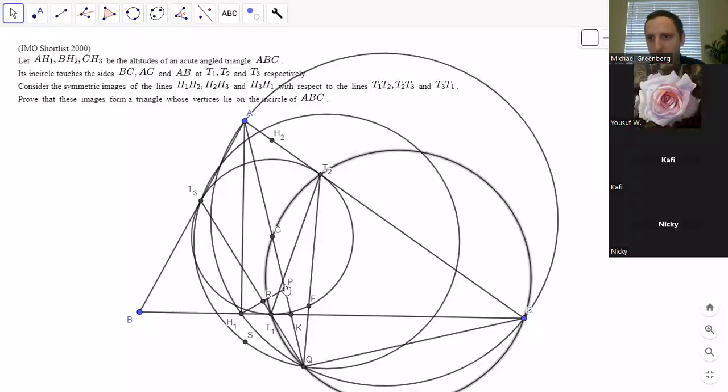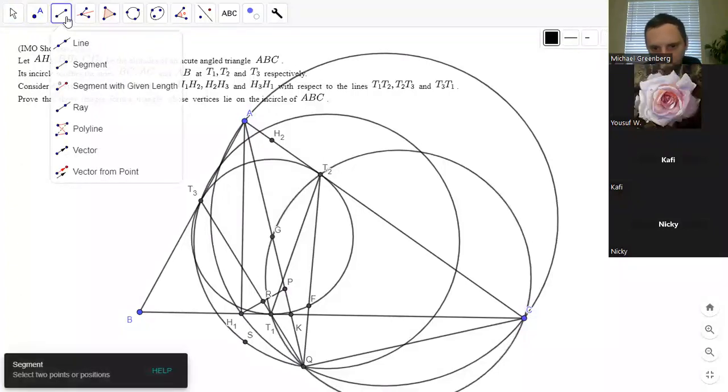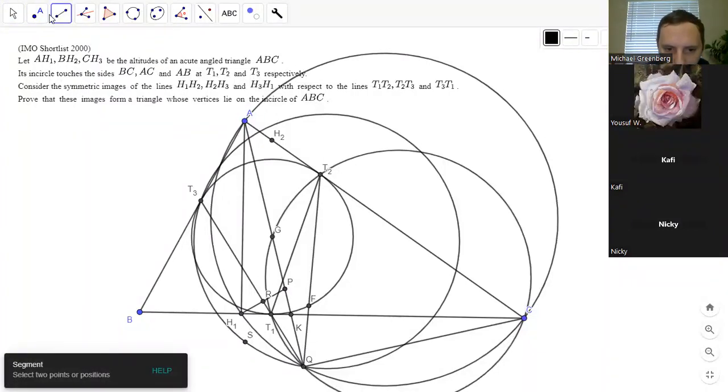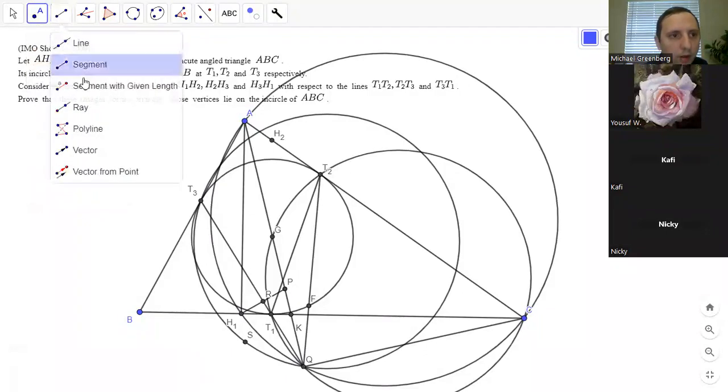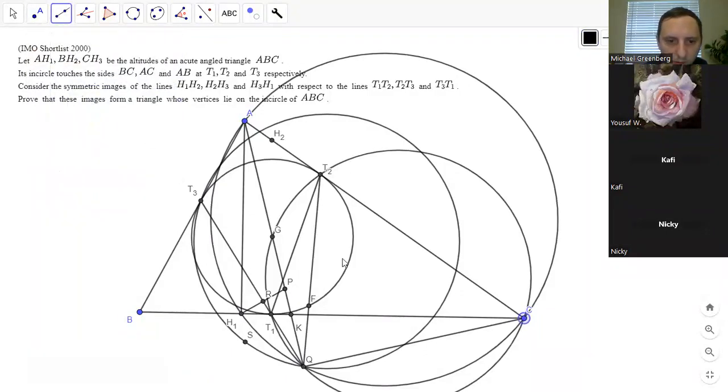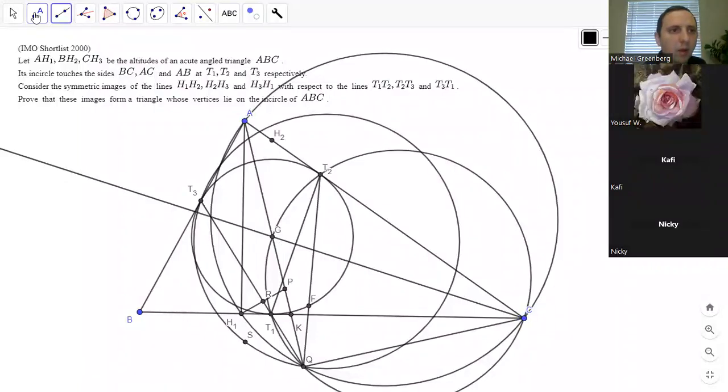Okay. Yeah, I have an easier solution. We don't even need the other points. If we take the intersection of CG and T1, T3, it lies on the circle with diameter SG. This is just the Iran lemma. And then done, because